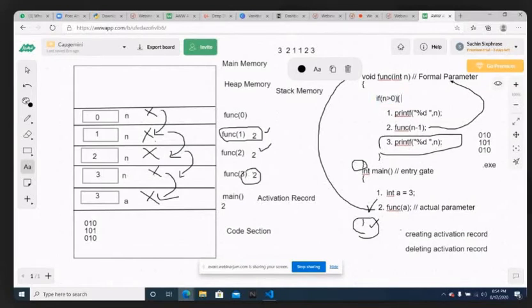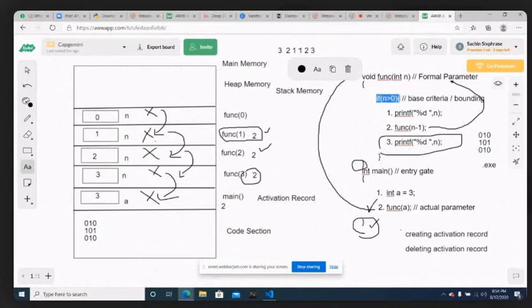I think you could have just seen some question somewhere. If no base criteria is given to a recursion, what will happen? This is what is called the base criteria, or otherwise called the base condition, or the bounding condition, or the bounding function. Any of this terminology is pointing to this condition.